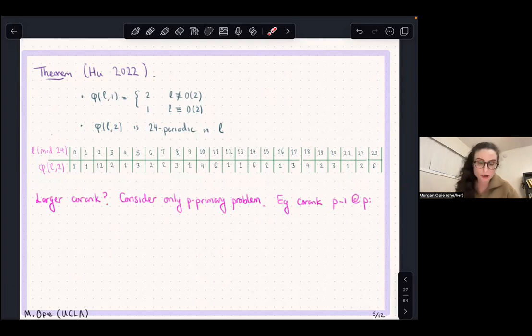How about if we look at larger co-rank? That's the starting point for the results that I'm going to tell you about today. I was particularly interested in co-rank p-1 bundles because I told you about these rank 2 bundles on CP3, which are co-rank 1 bundles on CP3, and this was a 2-local problem. Similarly, if you look at rank 3 bundles on CP5, there's some sort of pattern here looking at co-rank p-1 bundles, or rank p bundles on CP^{2p-2}. And in fact, using this identification, we can see that you're going to have p interesting bundles in this case